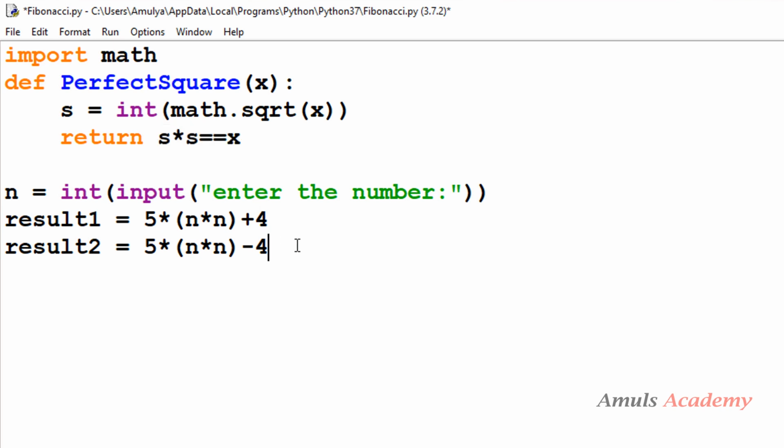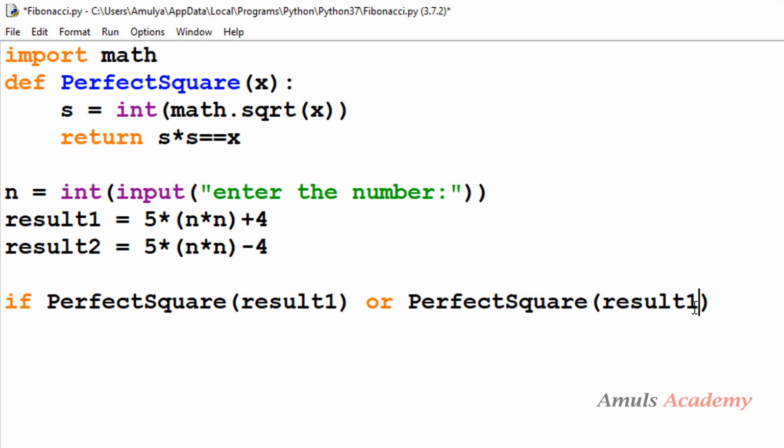Alright, so next here I'll check the result. I'll call this function on result1 or result2. Here what I'm doing is, we got the result by solving this formula. Now we need to check whether that value is a perfect square or not.